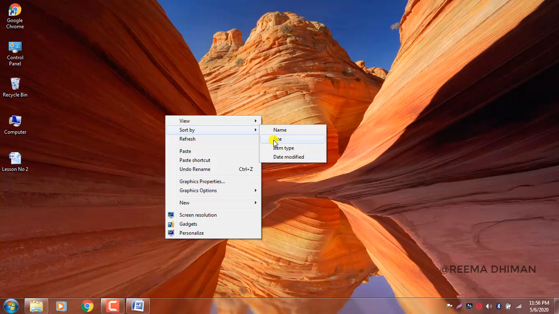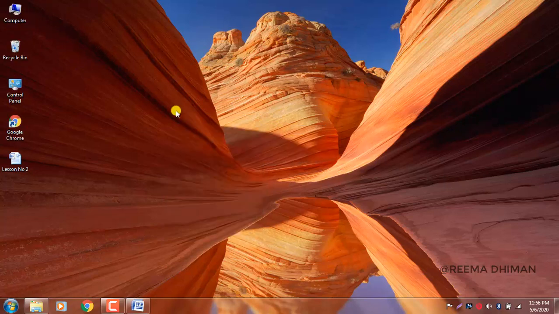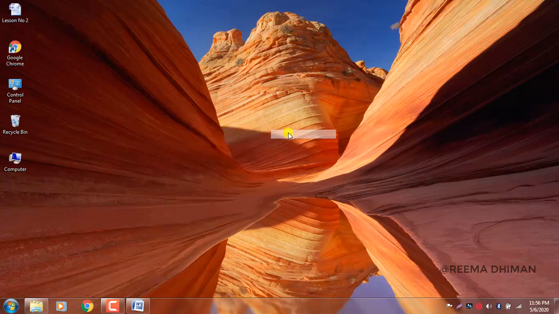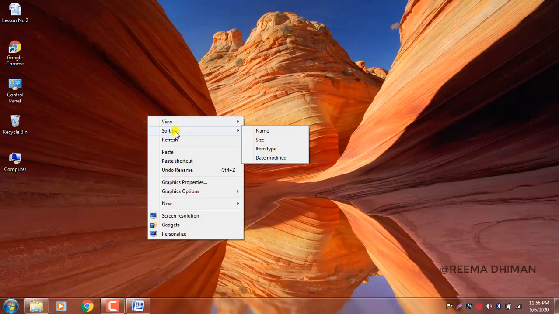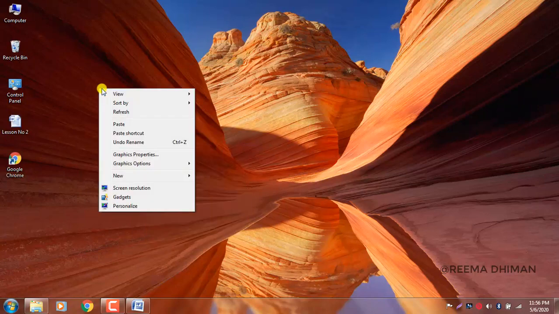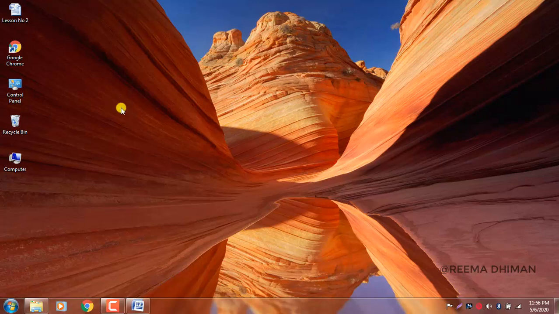If you want to sort by name, choose this option. You can see your icons will be sorted by name. Then if you want to sort by size, you can see the changes. And if you want to sort by item type, your icons will be like this. And if you want to sort by date modified, your icons will be like this. So from the book it is more clear to you.